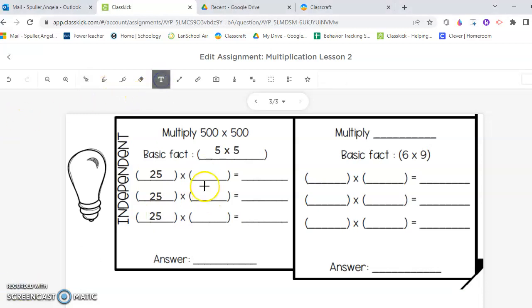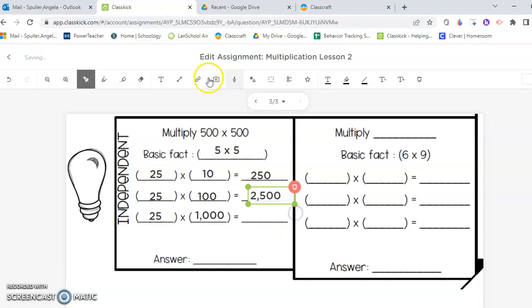All right, so again, let's go 10. Let's go 100. Let's go 1,000. And let's get here. Let's say 25, add the 0. 25, add 2 zeros. And 25, add 3 zeros. We have to add 4, so our answer would be